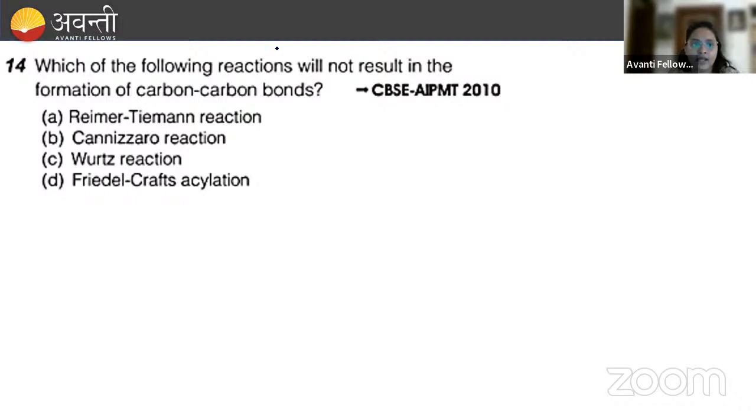Okay, now let's talk about the next problem. Which of the following reactions will not result in the formation of carbon-carbon bond? These are the reactions: Reimer-Tiemann reaction, Cannizzaro reaction, Wurtz reaction and Friedel-Crafts acylation. Not result, okay, नहीं देगा हमको, कौन नहीं देगा,